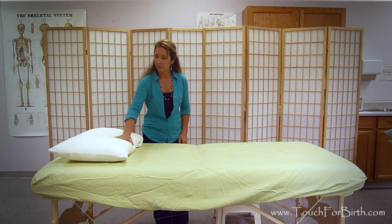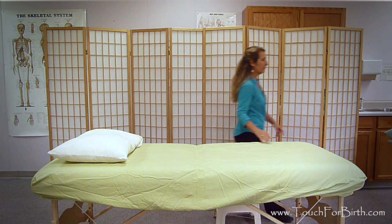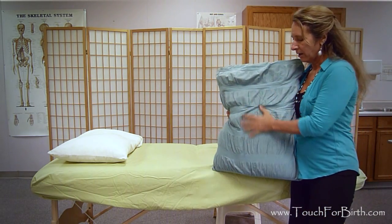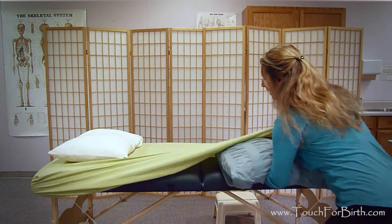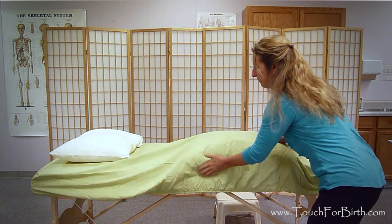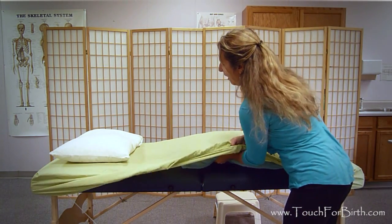Okay, so for pillows, I want to have a head pillow, and I'm going to get my other pillows here. I want to have a nice, sturdy, firm bolster. This has a fancy pillowcase on it that I'm going to put under the fitted sheet. So I'm going to get that on the sheet here, on the table, and position it up higher